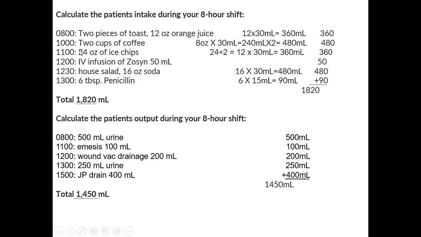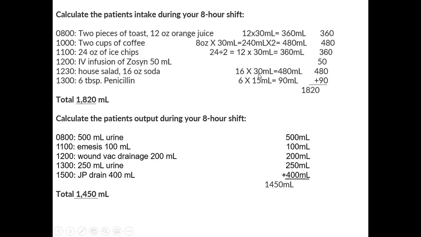Next, we have 24 ounces of ice. Remember, ice is equal to half its volume. So we took 24 and divided it by 2, or we could have just said half of 24 is 12. Then we took the 12 times 30, and that gave us 360 mLs. We had 50 mLs of IV Zosyn. We had the house salad and the 16 ounces of soda. Here we're only going to count the soda. So we had 16